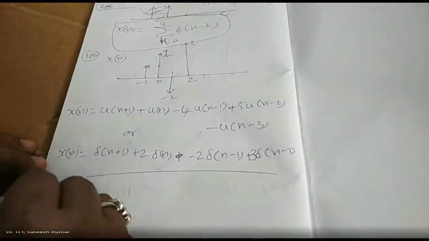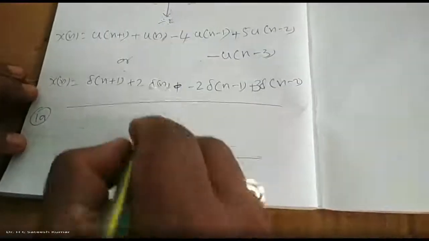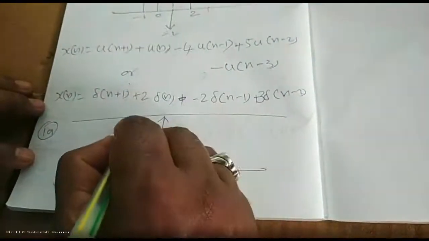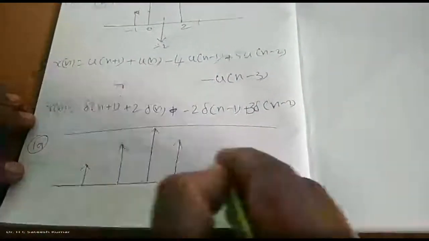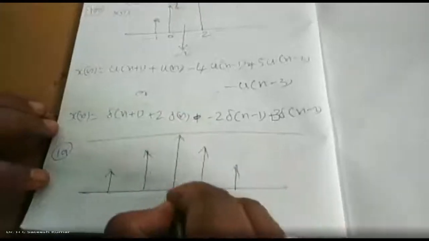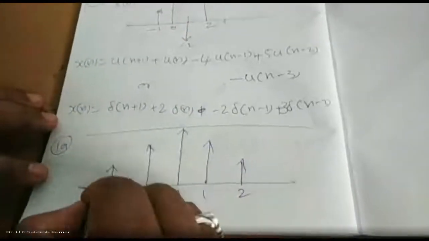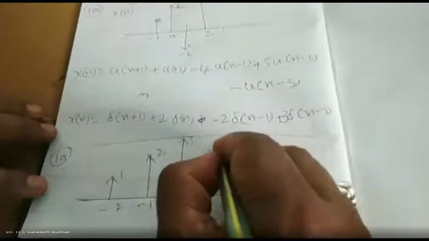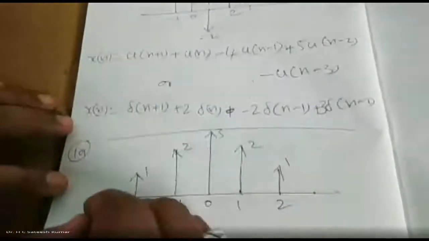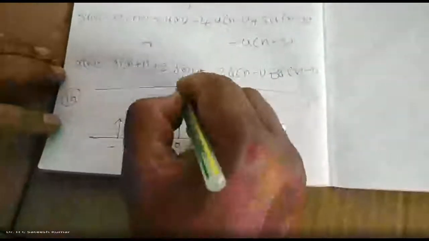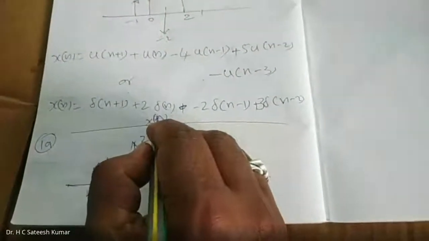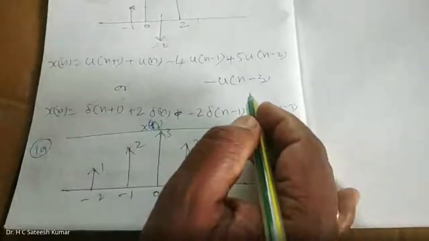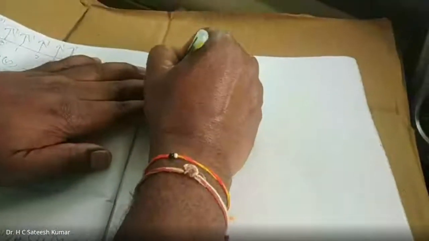Okay, correct. One more problem I wanted to do. This problem is very interesting for me. The signal values are 0, 1, 2, minus 1, minus 2, 1, 2, 3, 2, 1. This signal can be represented using all the elementary signals. How is it possible? Okay, right. One by one we shall do it. The easiest one, I'll do a step. Actually, ramp is easy. Okay, let us take it in ramp. Sorry, step.